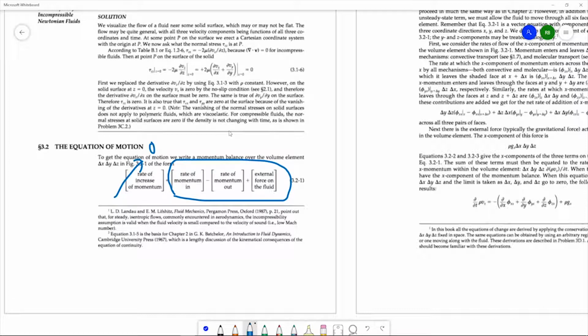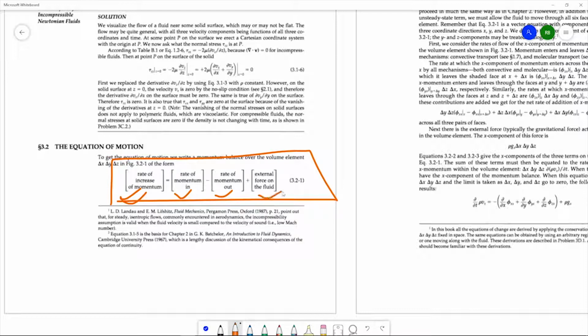But in this lecture we are going to derive the momentum balance equation in general, which is applicable to any problem. So the general equation we are going to derive in this lecture. Let's start. You have to use this equation only: rate of increase in momentum, meaning momentum accumulation, rate of momentum in, rate of momentum out, then external force